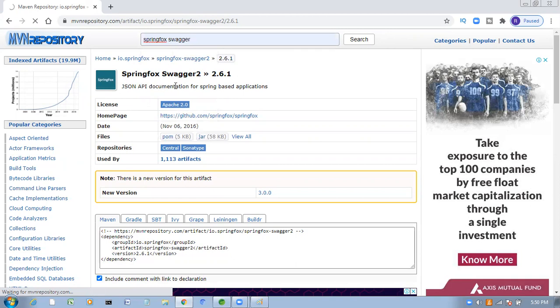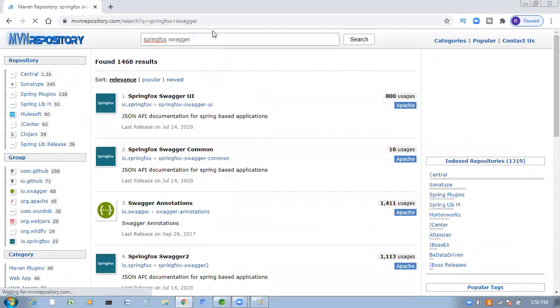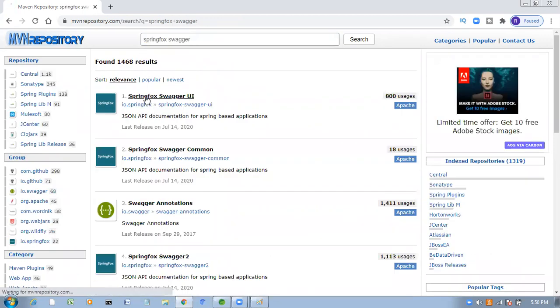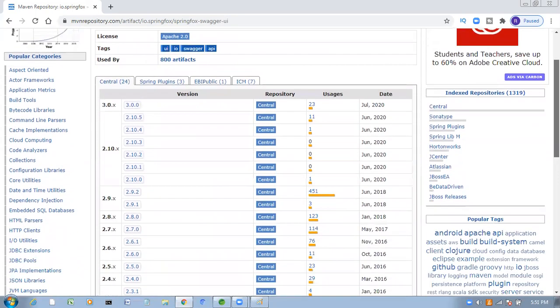Swagger UI also required. See this one, and I'm going to add this one also for testing purposes. This one also I'm going to take the 2.6.1 version only.